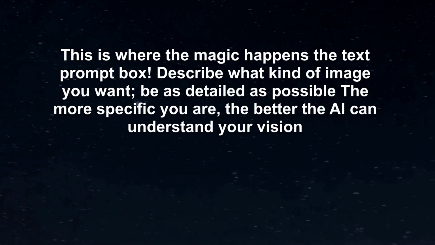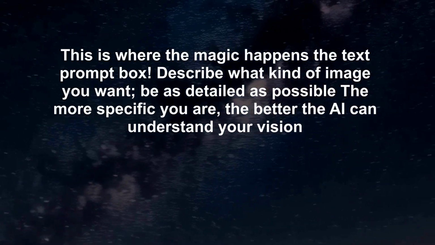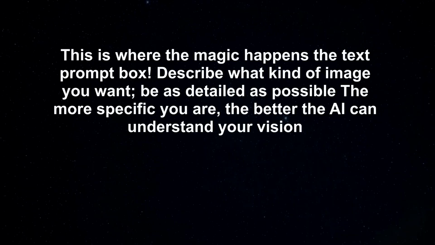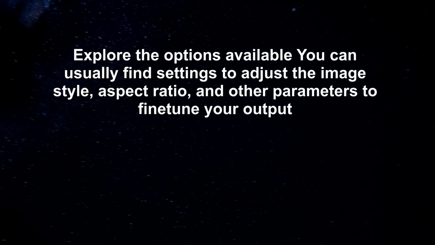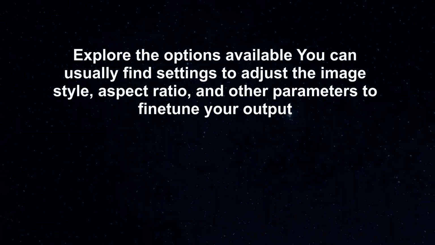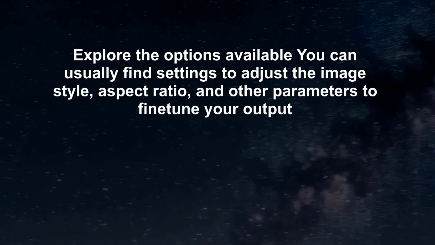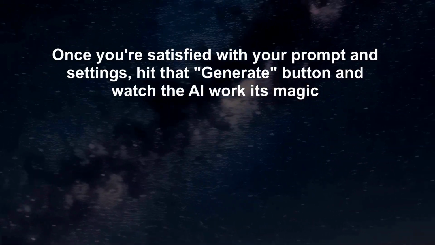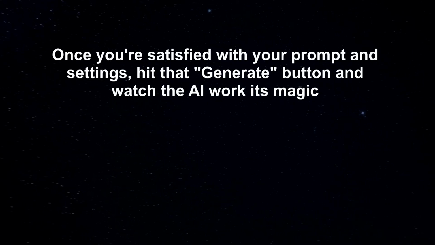The text prompt box. Describe what kind of image you want. Be as detailed as possible. The more specific you are, the better the AI can understand your vision. Explore the options available. You can usually find settings to adjust the image style, aspect ratio, and other parameters to fine-tune your output. Once you're satisfied with your prompt and settings, hit that Generate button and watch the AI work